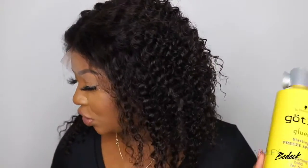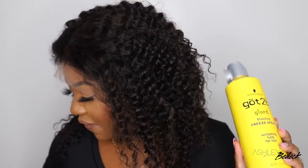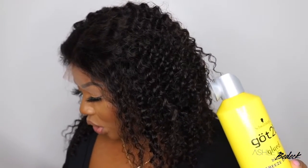So let's go ahead and do step one, which is really to just bond the wig down. And you guys know we don't do glue on a day-to-day basis here, so not sure if I should do my got to be glued, the old faithful, or